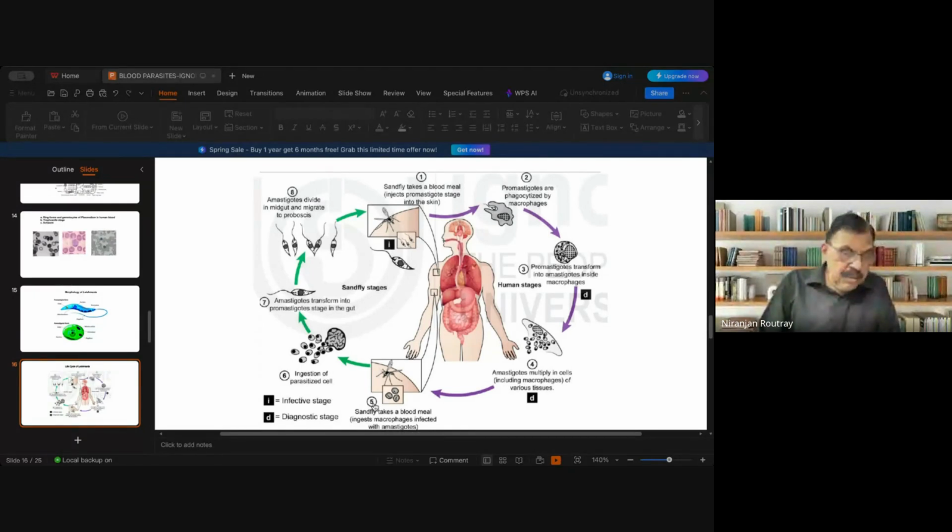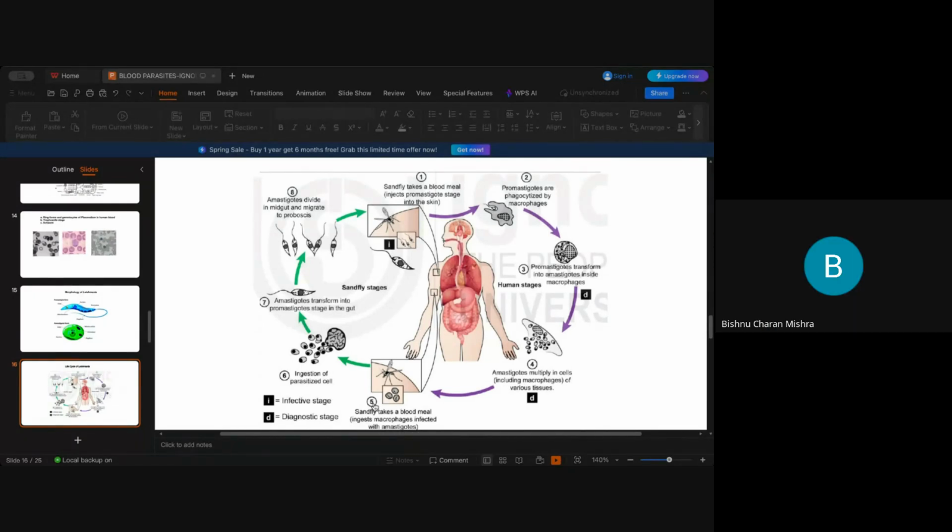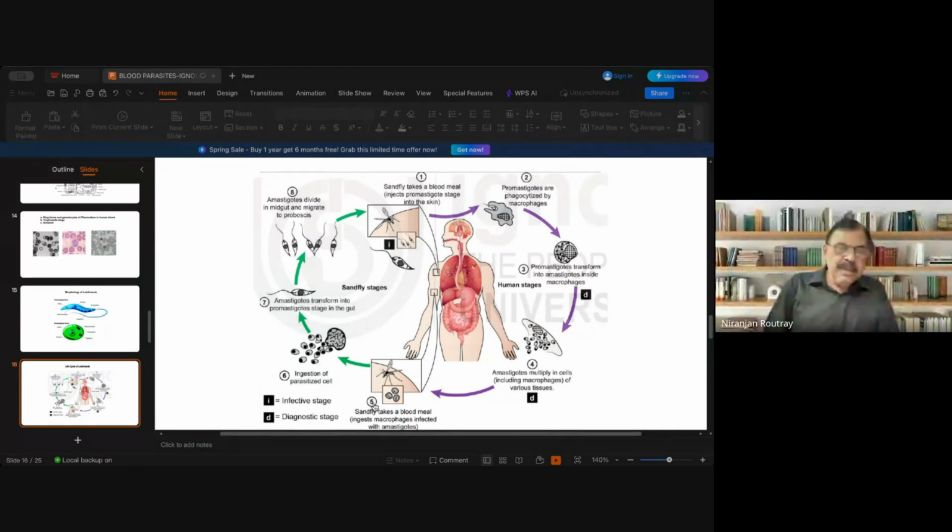In the next stage, the amastigotes again enter the fresh macrophages and multiply again. So multiplication is through binary fission. And after the load, ultimately the sandflies, when they bite the human being, ingest the infected macrophages, which contain the